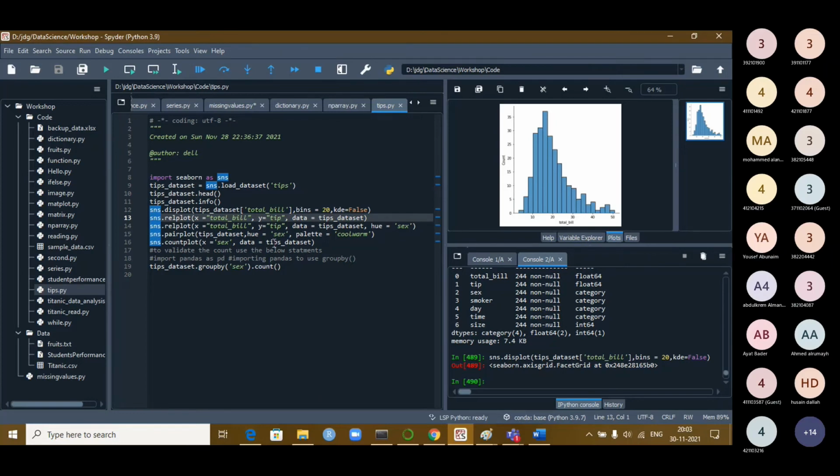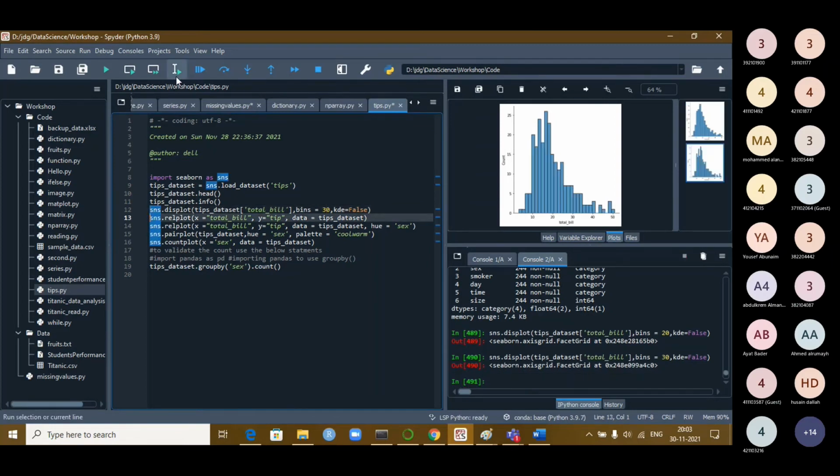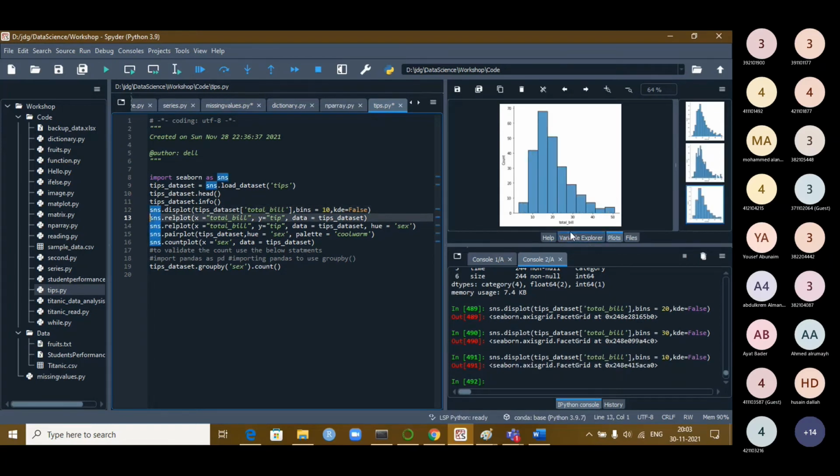Let us try to change these parameters now. So instead of this bins 20, let us make this bins as 30 now. The distribution is reduced now. Okay, I'm making 30 bins instead of 20 bins. Up to between 244 records, I'm making 30 groups. So less you have, less number of bins, more data is distributed. Okay, so you can adjust according to your choice. You see now I made only 10 bins now from 244, the graph. So you can adjust according to your data, number of items and so on.